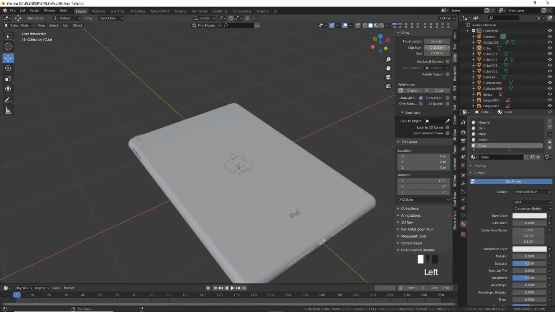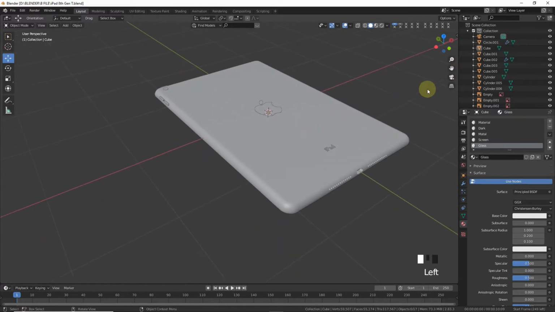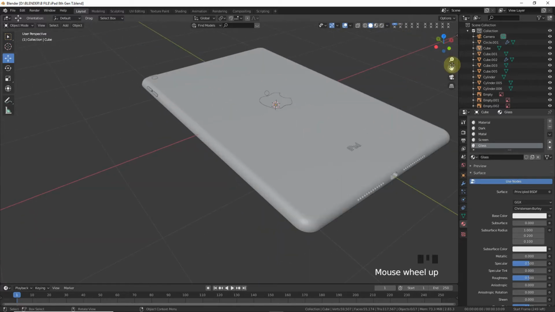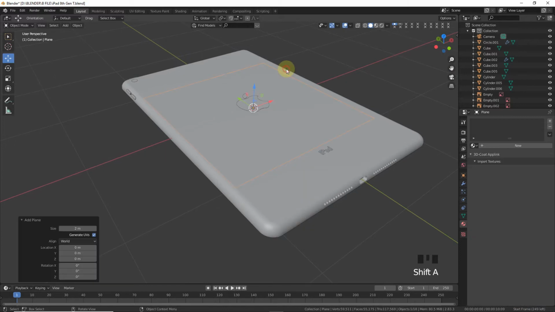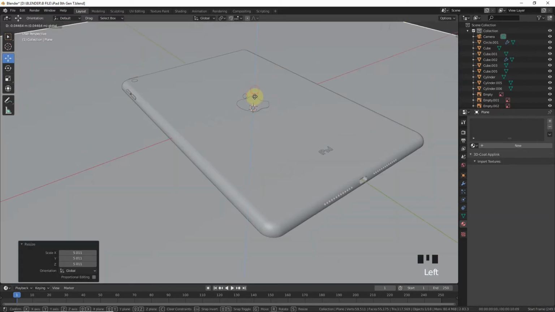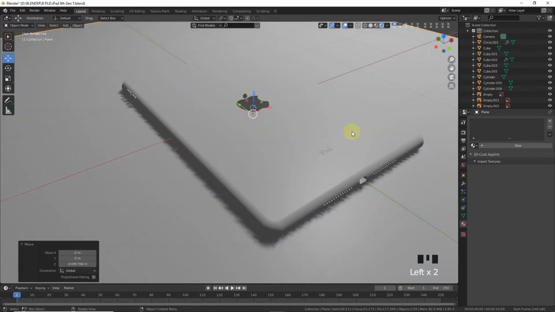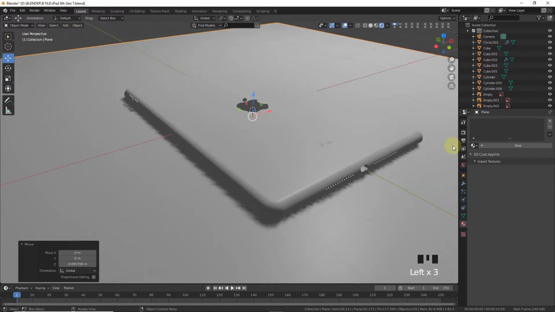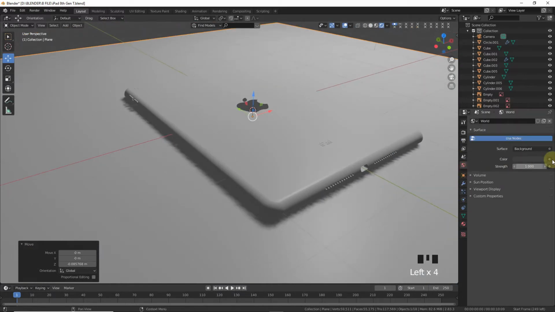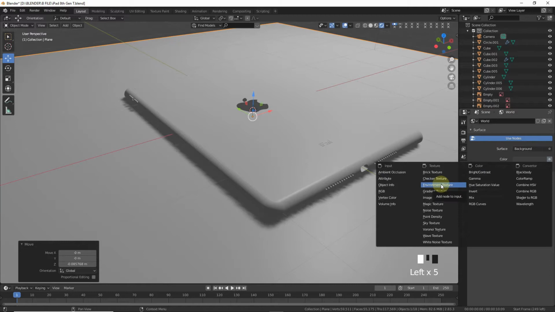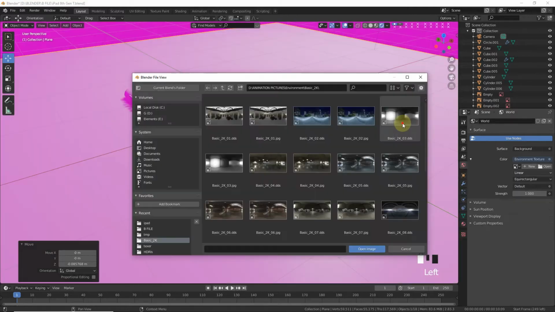In this video we are going to add a realistic material on this model. Just simply press Shift A, add a plane and scale. Okay, now go to render viewport and go to environment texture and import the environment texture from this basic